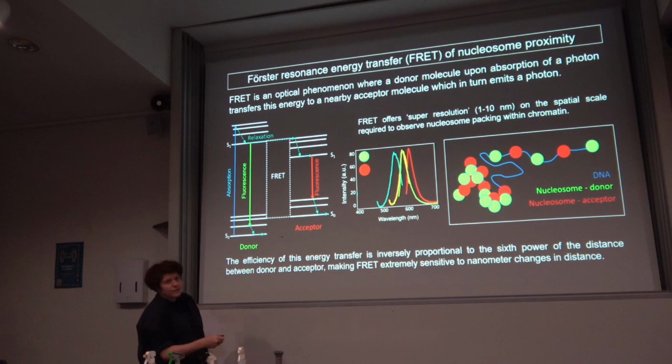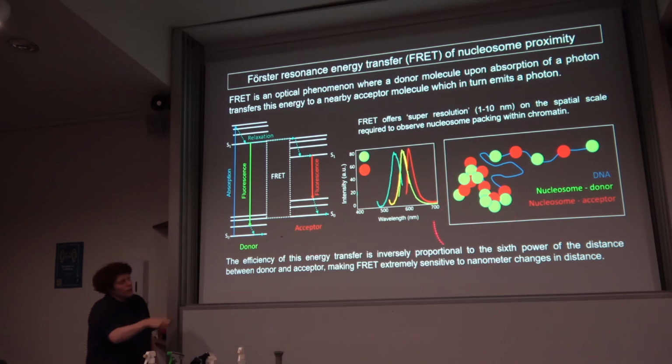So if we label our DNA with green and red molecules, we'll be able to see where FRET occurs, and if it occurs, we know they have to be within 10 nanometers of each other, and if it doesn't occur, then they must be more spaced. And so this is a way we can get around the diffraction limit and observe within 10 nanometers how the